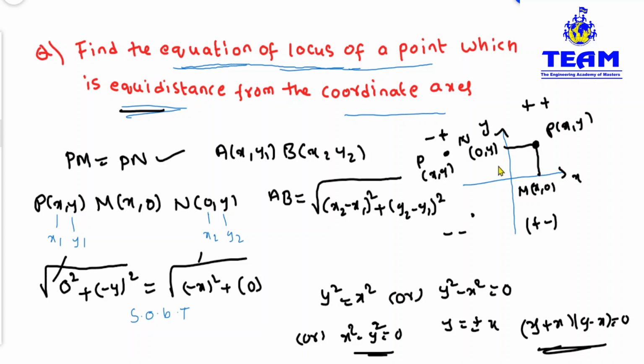Friends, now we are solving this one using GeoGebra also. I will verify. Okay friends, actually in GeoGebra you cannot take the point x comma 0 or y comma 0, but you have to give a definite value. If you write the point x comma 0, it will show as undefined. Okay, one moment please, I will show you.